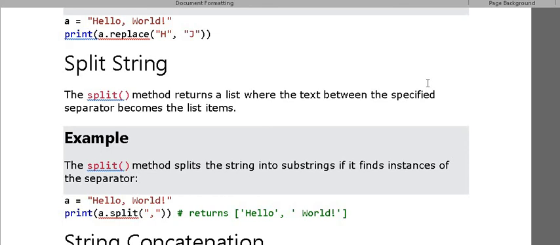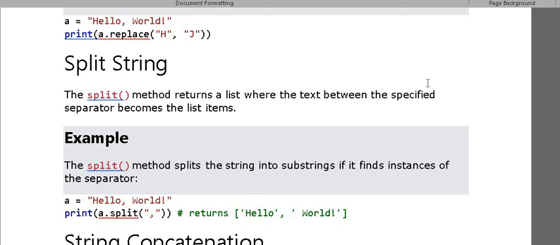From that, if we want to split the string, it means splitting the string into different parts. So into the split function, I give from where I want to split the string.